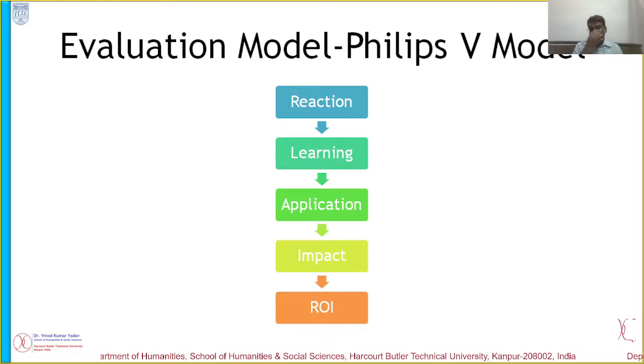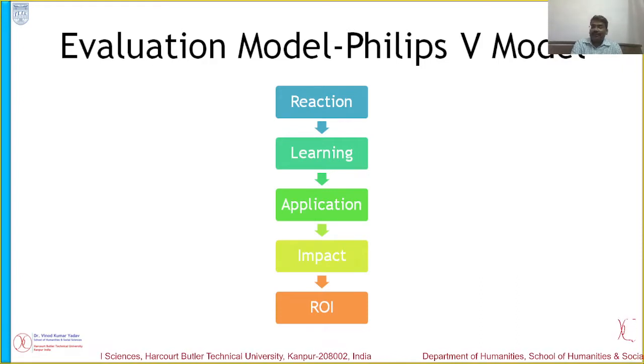Maybe in the first year you don't get ROI, but in coming years or coming modules, your performance improves. So what we talk about in the Phillips V model,